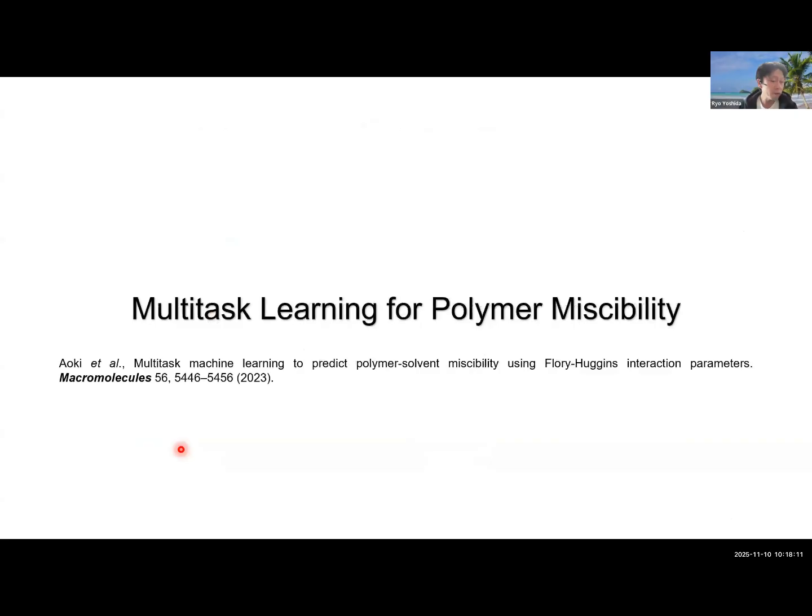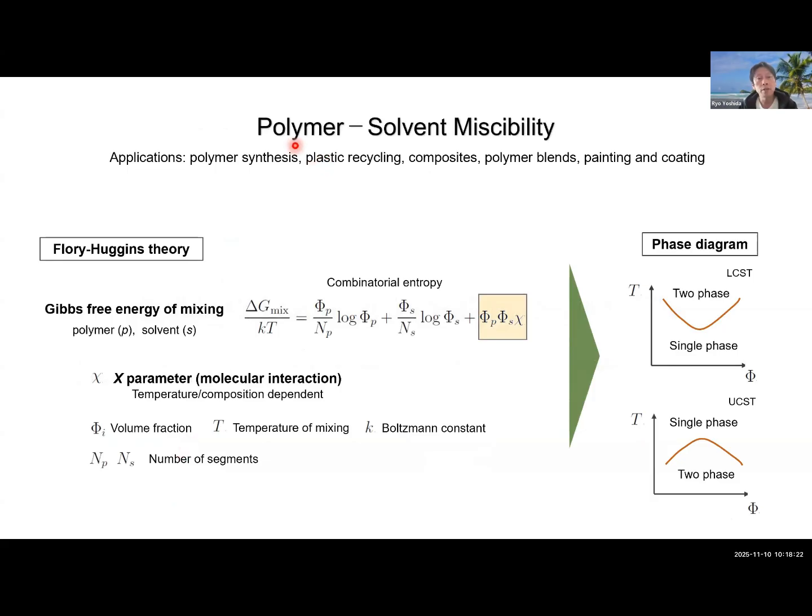Here I'd like to describe one illustrative example. The objective is to predict the miscibility or solubility of a polymer in an organic solvent. This is a very important task in polymer research, such as polymer synthesis and plastic recycling. According to Flory-Huggins theory, a classical theory of theoretical polymer science, the free energy of mixing of the polymer P and solvent S is represented as follows. Details are omitted here, but the first two terms, the combinatorial entropy, can be calculated once the polymer repeating unit